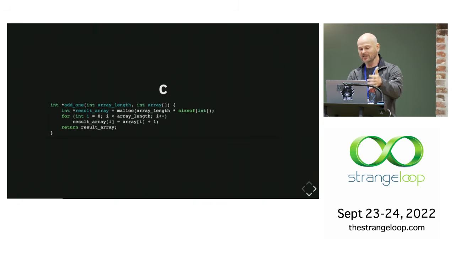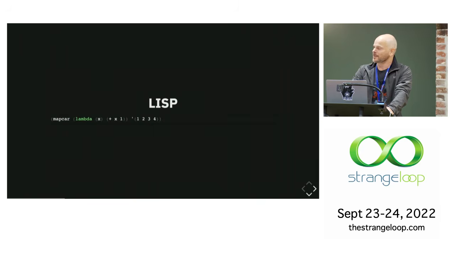In fact, essentially one line of code of this whole thing, the actual increment, is the only thing that actually matters. On the other hand, I can compliment C as a portable assembly language because you see, I don't have to do the stack nonsense by hand, and instead of telling it that int's 4 bytes wide, I can actually use sizeof int to know that. But that's about the only way it's really an improvement. Now let's look at Lisp. Note that Lisp is about 10 years older than C.